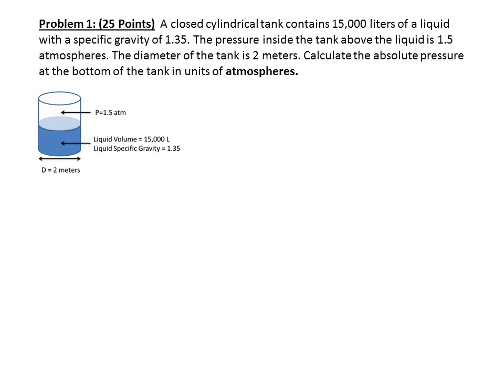In this particular problem, we're trying to calculate the pressure at the bottom of a tank that contains a fluid. This is a sealed tank, and we have a pressure above the fluid equal to 1.5 atmospheres. We're given the volume being 15,000 liters of liquid with a specific gravity of 1.35, and we find that the tank diameter is 2 meters, and we need to calculate the pressure at the bottom of the tank in units